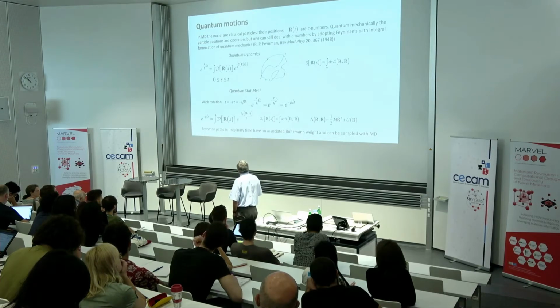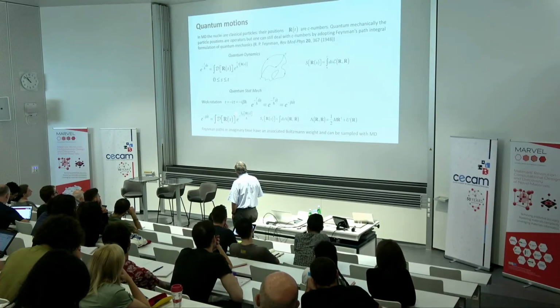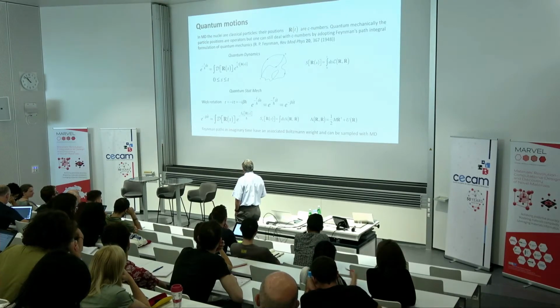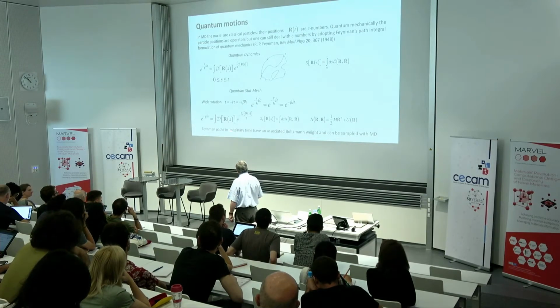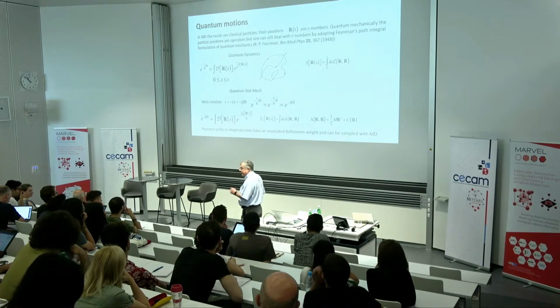So when we have something like that, then we have something that is equivalent to a Boltzmann weight here, and therefore we can use the molecular dynamics machinery to sample the path rather than sampling the